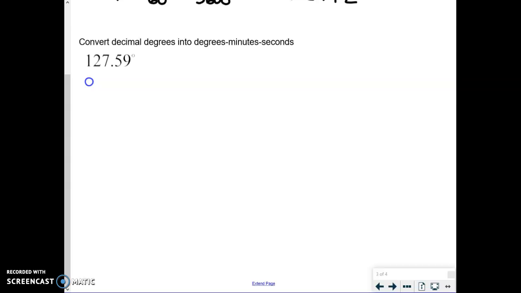So we know we have 127 degrees. That's given. So we know for sure we're going to have that. So the 0.59 is 59 hundredths of a degree. Remember, minutes are 1/60th of a degree. So if we use that, we could say that we have 59 hundredths of a degree equal to some amount of minutes. So in this case, if we cross multiply and divide, we get x is equal to